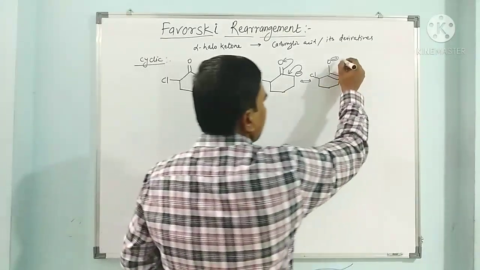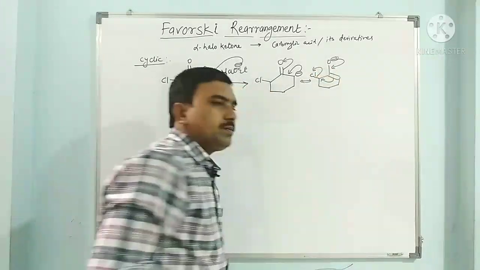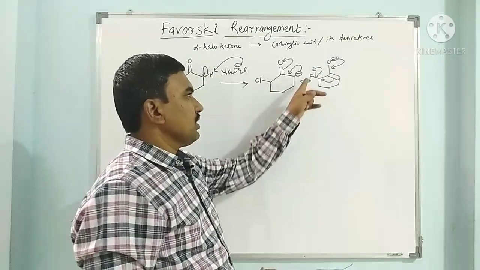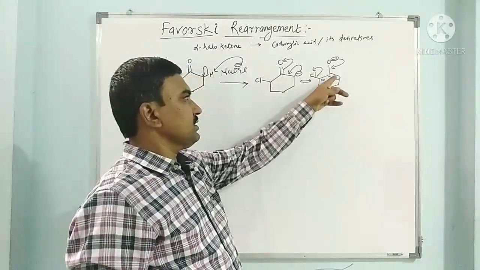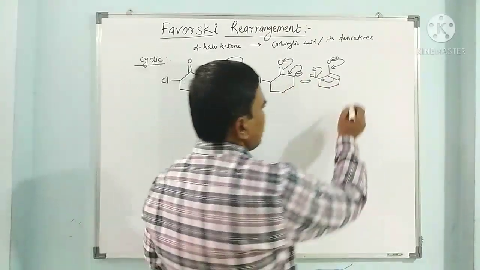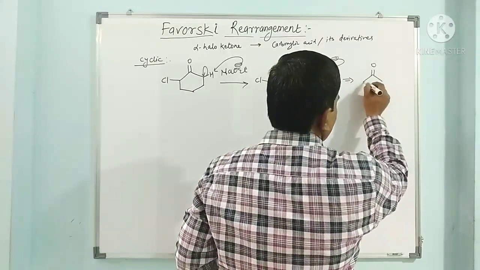Now this enolate attacks here and Cl departs. Cl is a good leaving group, chloride departs, this attacks on the alpha carbon. Because this chlorine is a good leaving group, it easily attacks here and the chlorine departs. Now we get here this cyclopropanone intermediate,